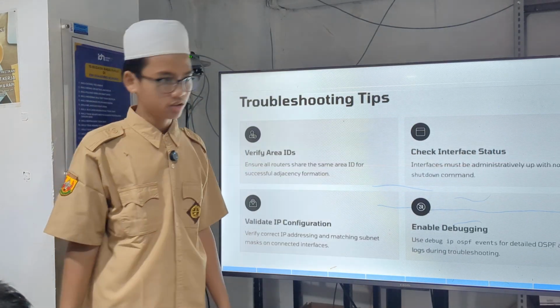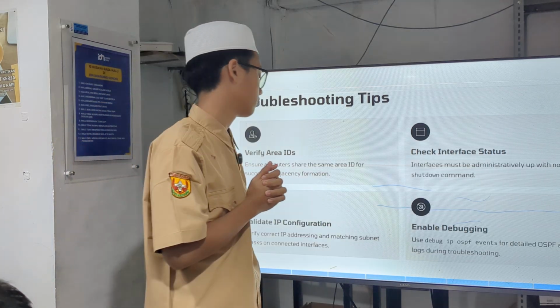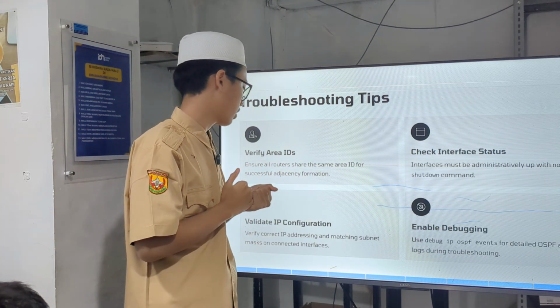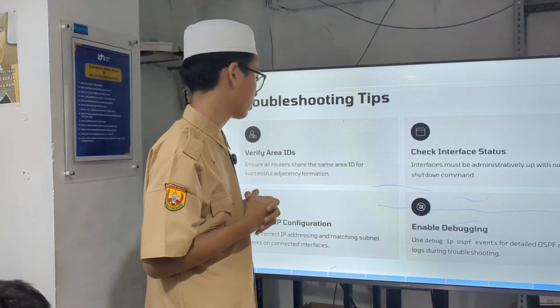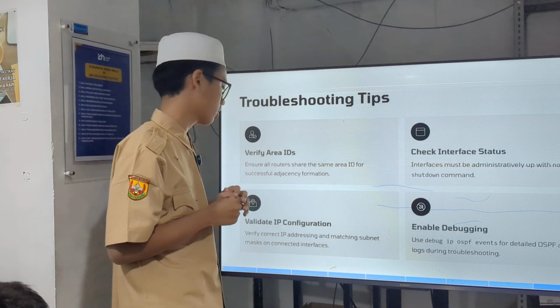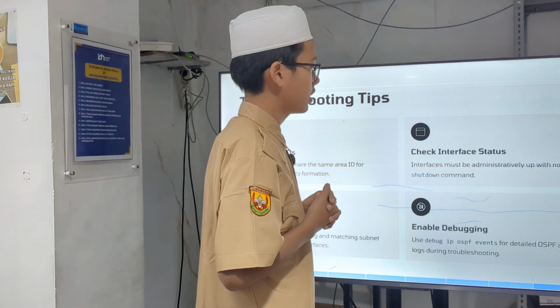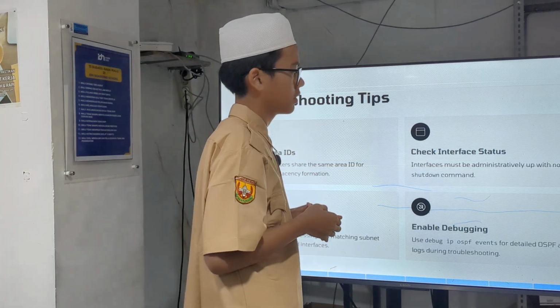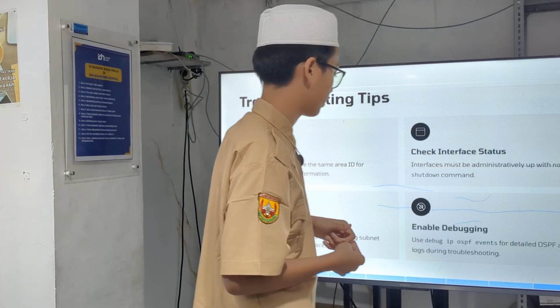Next, troubleshooting and tips. There are some points for troubleshooting. The first is verify area ID, to ensure all routers share the same area ID for successful adjacency formation. The second is check interface status: the interface must be administratively up with the no shutdown command.